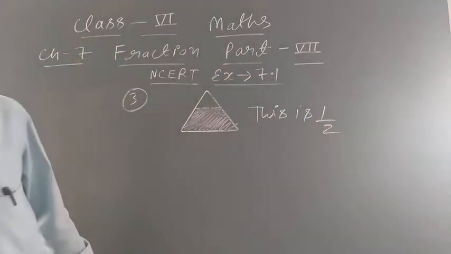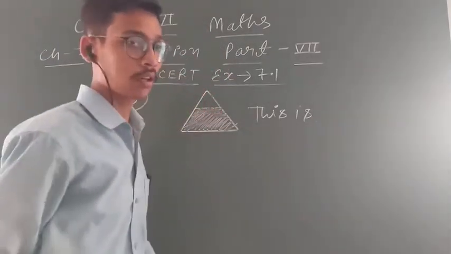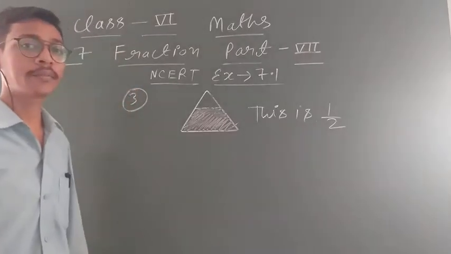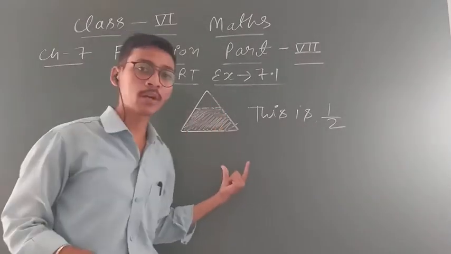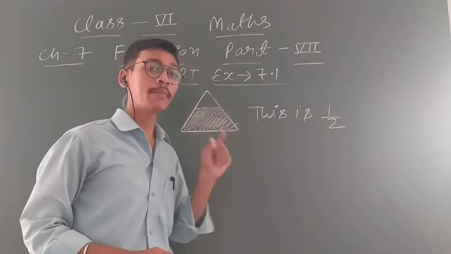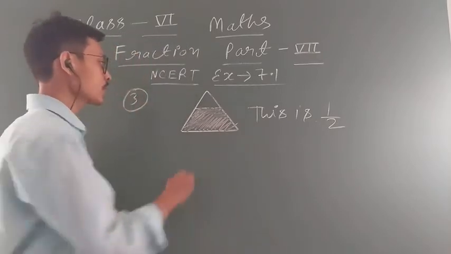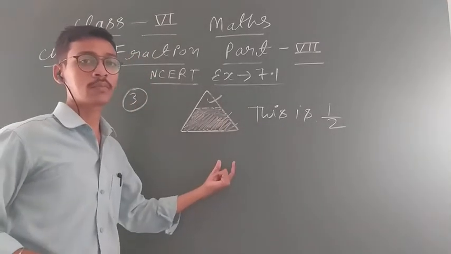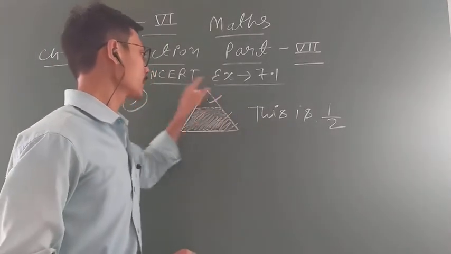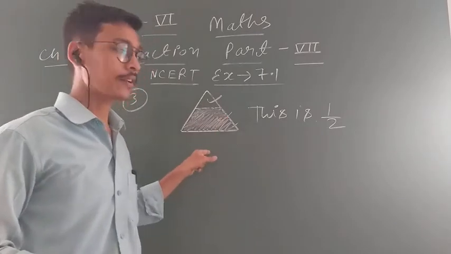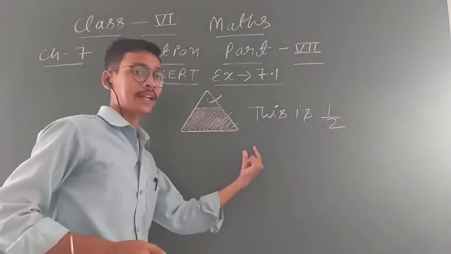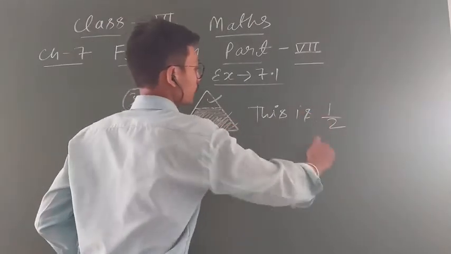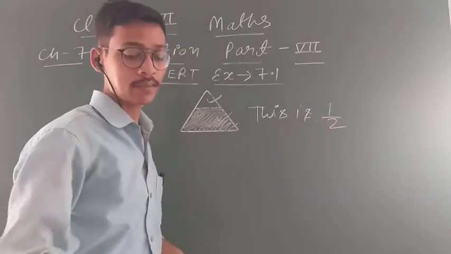Now tell me, students, is this 1 upon 2 or not? So what will you say? You will say no, this is not 1 by 2. Why? Because these are not equal parts. Fraction means part of a whole, and the parts should be equal. See students, this is the smaller part and this is the greater part. So how can we say that both are equal? Both are not equal. So you will say that in this diagram the parts are not equal, so this is not correct. This is not the 1 by 2 part. Okay. Similarly, the same questions are given.